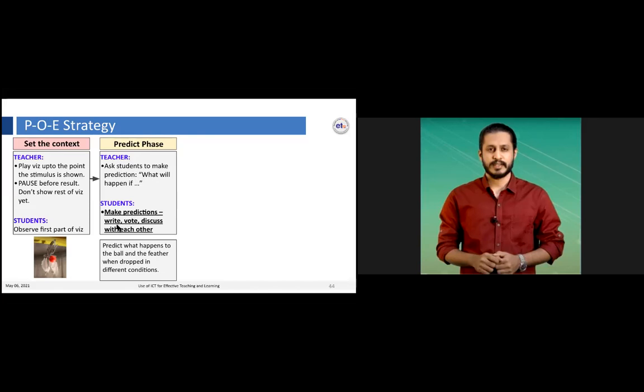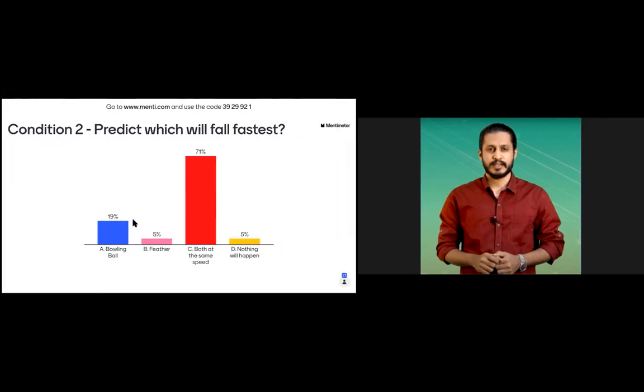even in a live class, or I mean face to face class or online class. They can make predictions in the form of writing, they can vote, they can discuss with each other. So there are many ways you can implement these active learning strategies. So in the first condition I asked you to respond in the chat box. In the second condition I asked you to participate in this Mentimeter activity polling, where I could show you the